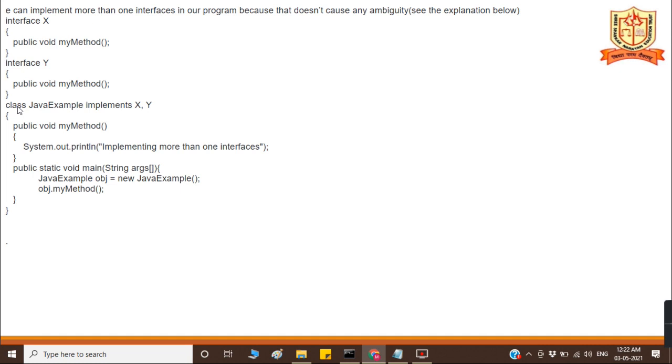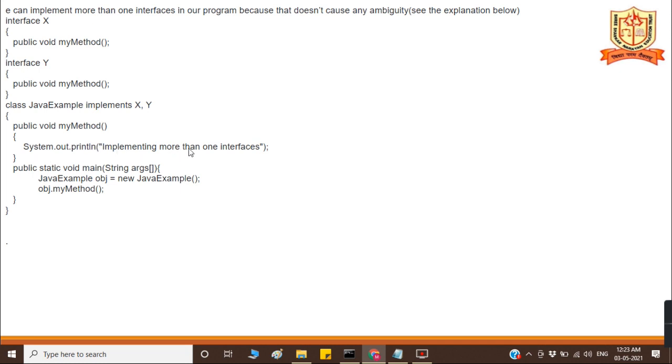So class Java example implements X comma Y. Both are interfaces. And then public void my method. Here Java example also has this my method name, so it is overriding this method.